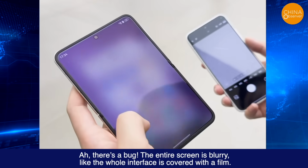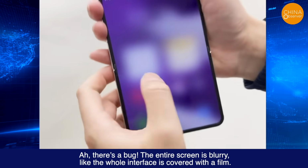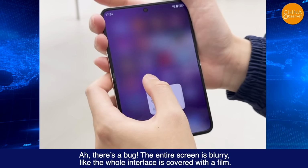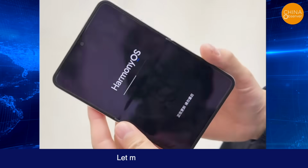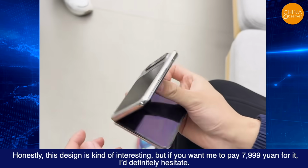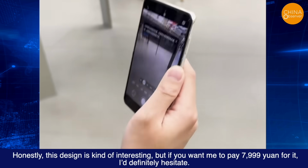Oh no, a bug, the whole screen went blurry. There's a bug. The entire screen is blurry, like the whole interface is covered with a film. Even though I can't clearly see the apps, I can still drag any app on the home screen. Let me try moving one. Yup, still works. Honestly, this design is kind of interesting, but if you want me to pay 7,999 yuan for